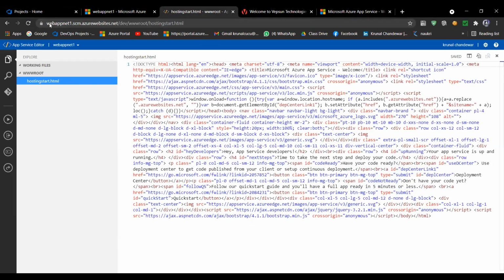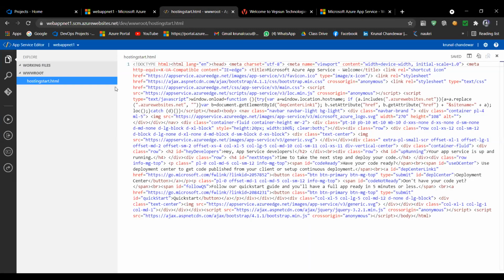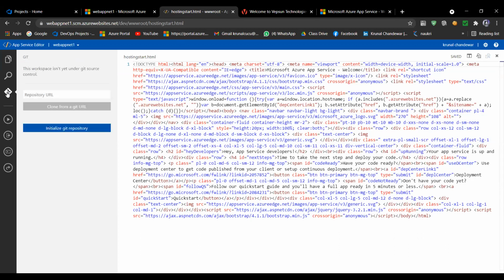Now, we are getting a few more options here. If you select here, see, we are getting the option of Git. If you click on this Git, it is asking for a repository URL.